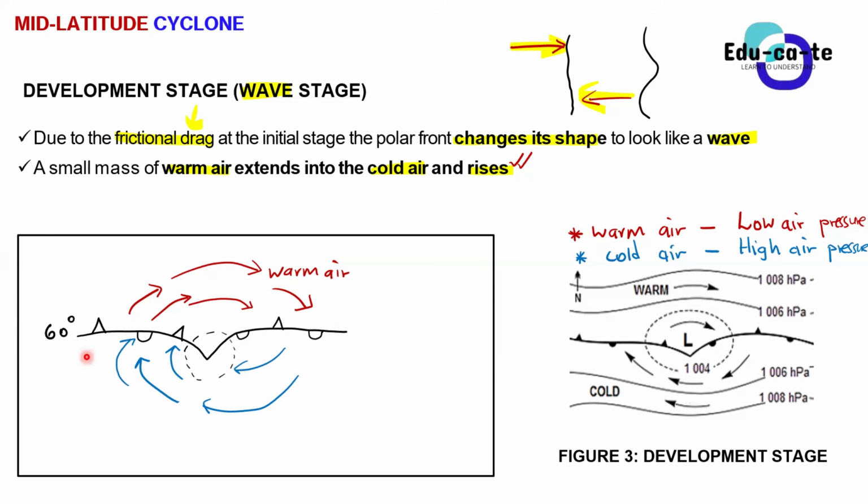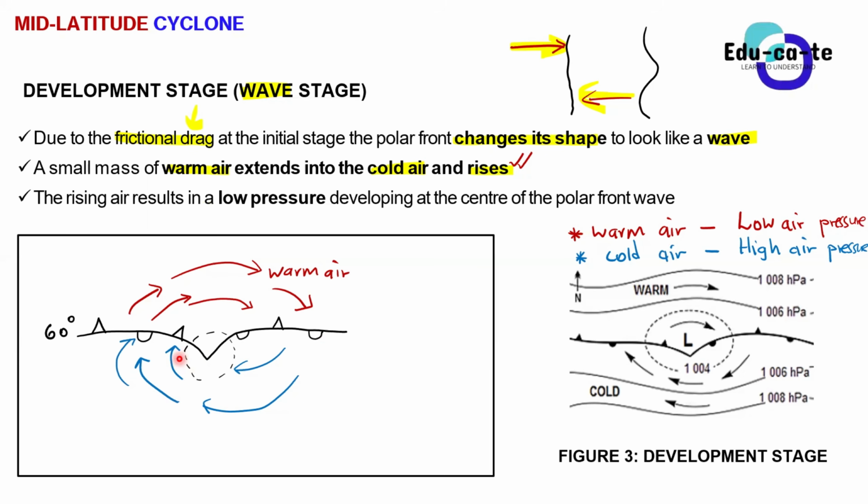Sometimes they will not write the low pressure because the low pressure is not really that low, because it's only a small mass of warm air that has risen. It's not that much air, so the pressure is not going to be that low. So sometimes in the exam they will give you a diagram that doesn't have an L here. Don't be surprised when you see that. Are we clear there, grade 12s? Yes, sir.